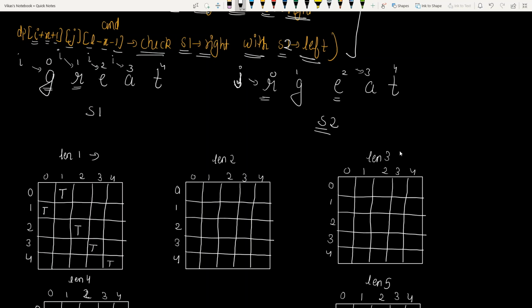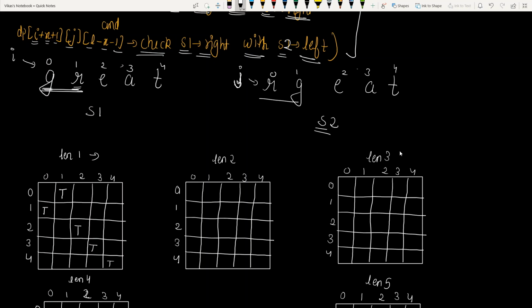Now for length 2, considering these two in pair, for this pair we are going to consider every pair in our S2 string. So we are going to consider first these two pairs.